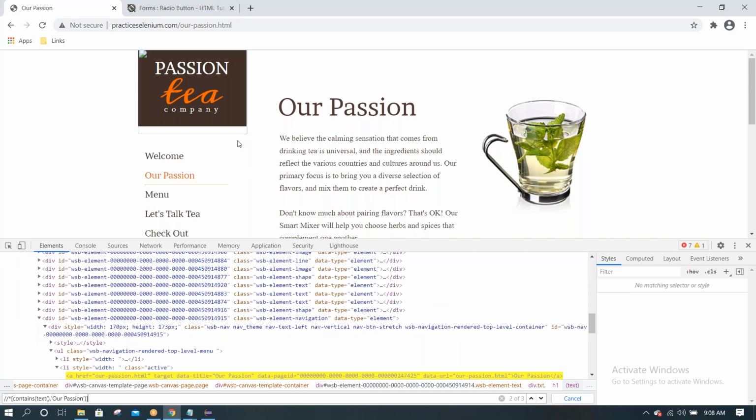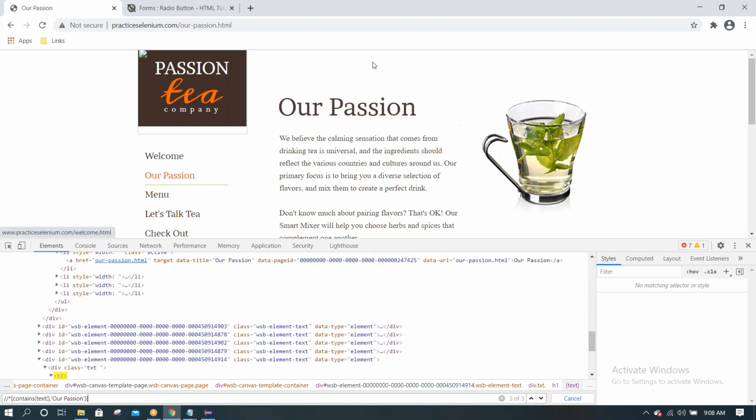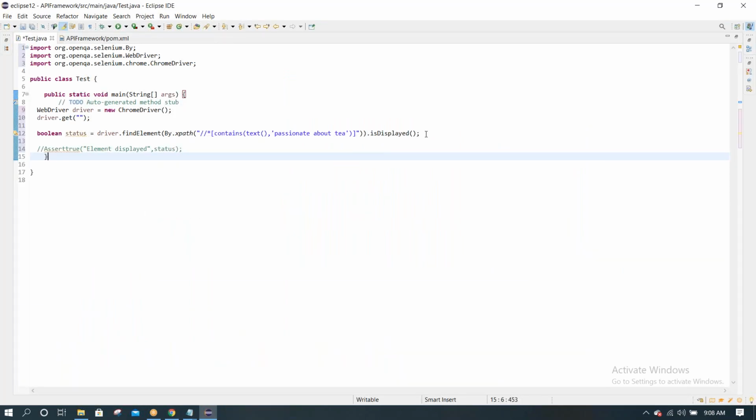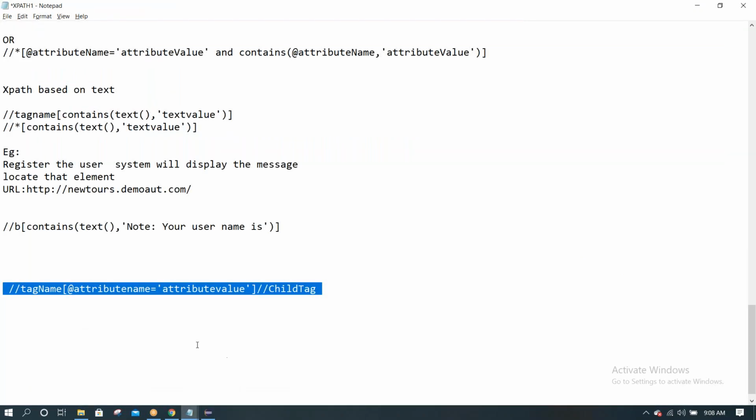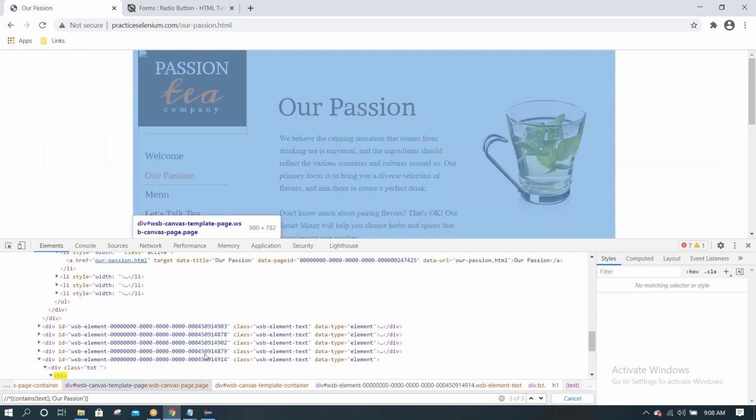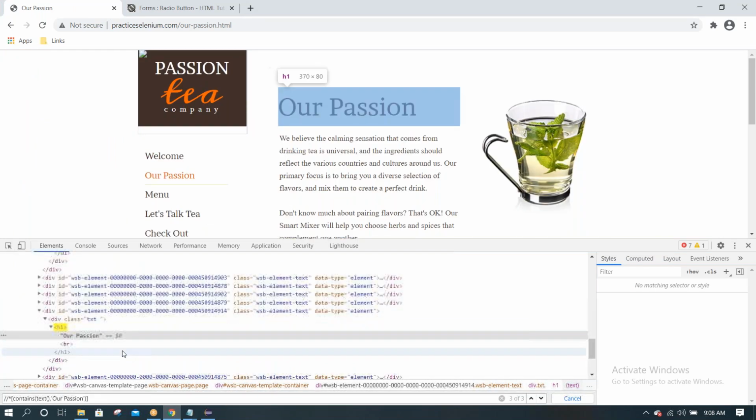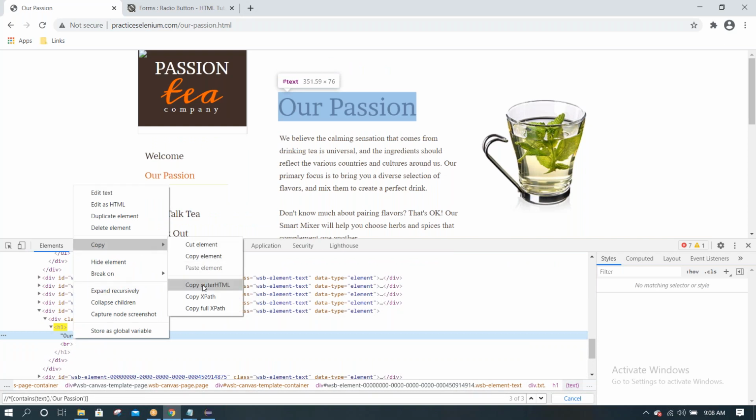Another one, this link is there, and this label is there. So we cannot directly use find element like this with is displayed. At this time what we need to do, try to copy the XPath simply first.